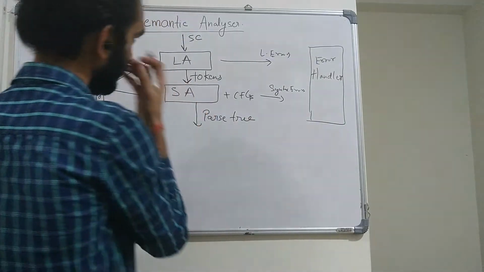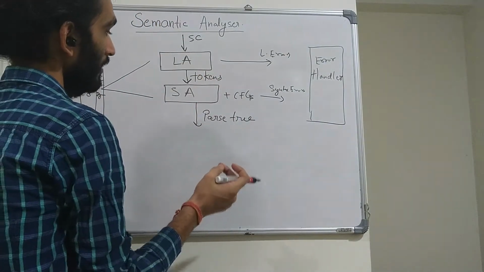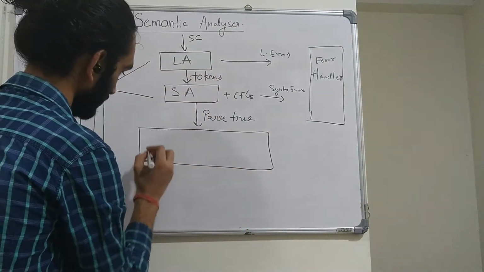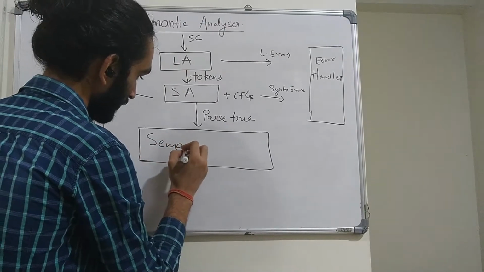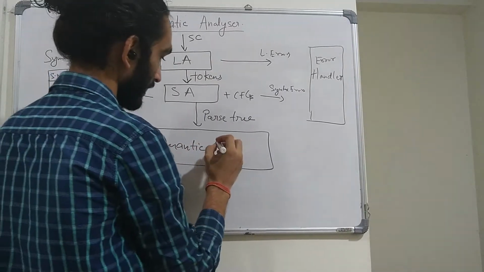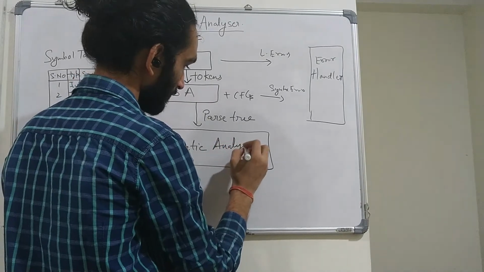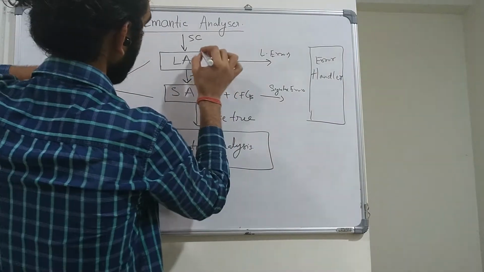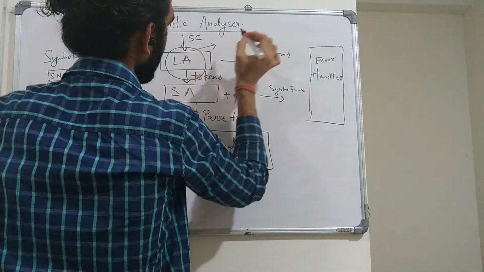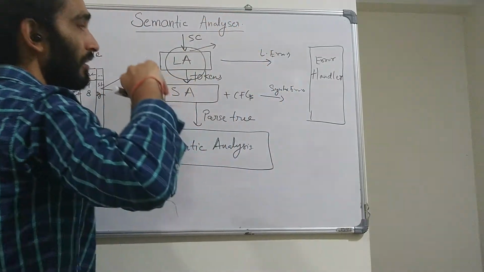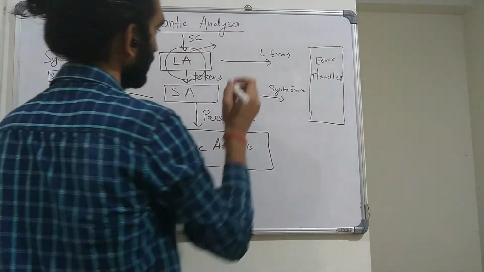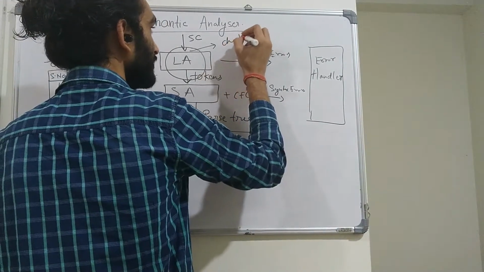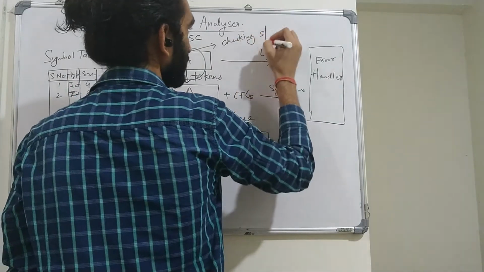Now after being passed through the lexical analyzer and the syntax analyzer, we are moving towards the semantic analysis phase. Right? Now the parse tree is passed to the semantic analysis. Let's try to understand. Here we know that the lexical analyzer checks what? If we talk about normal natural language, lexical errors are nothing but spelling mistakes, right? Checking spellings.